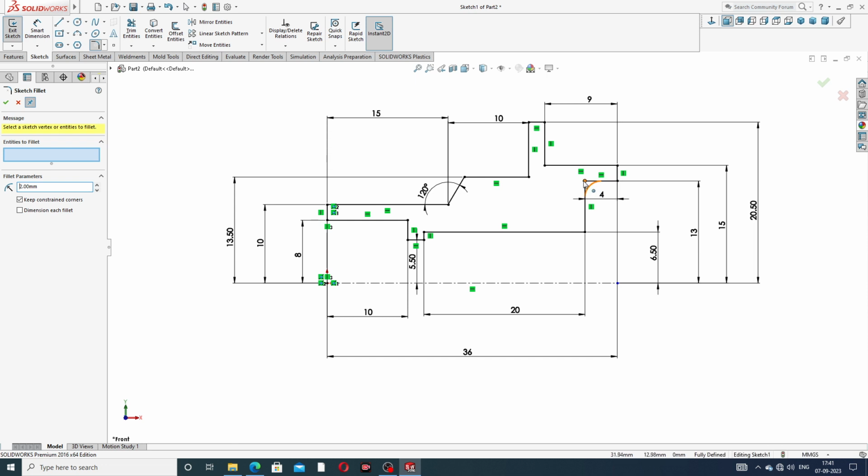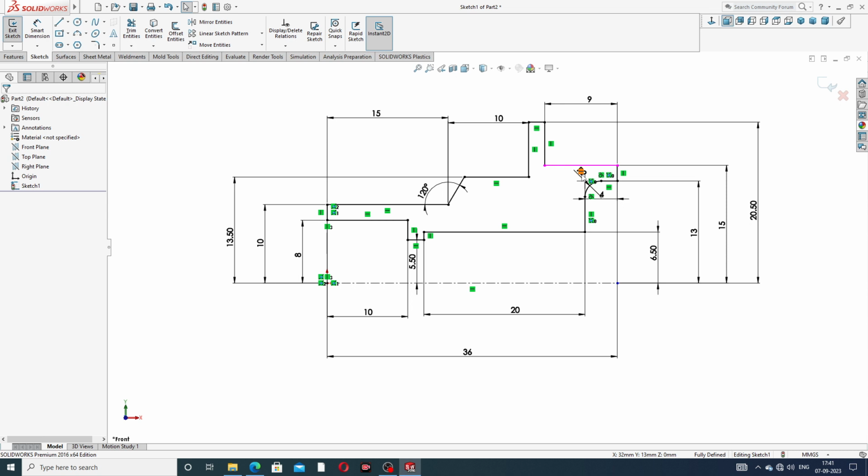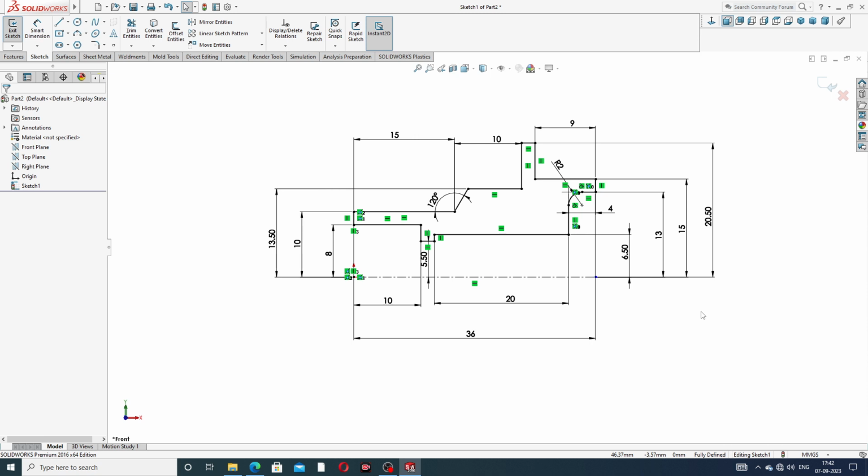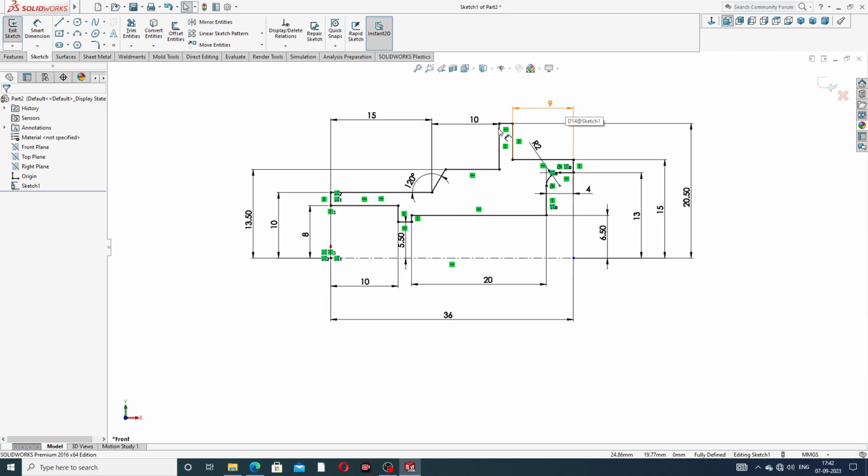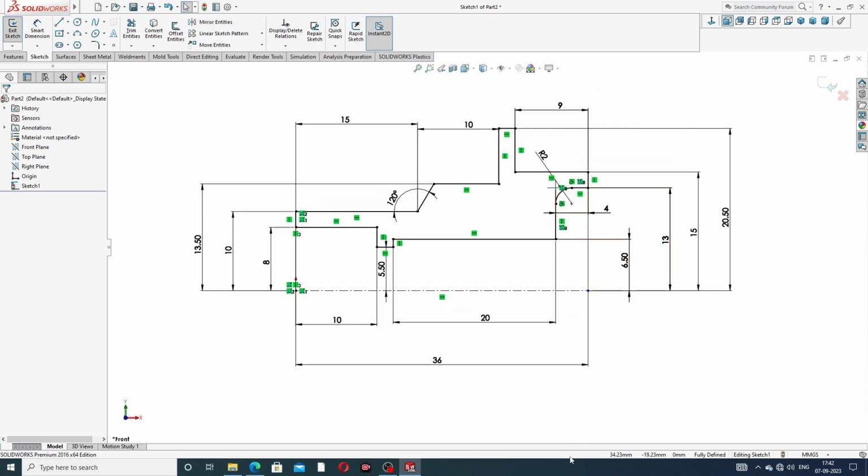And select this and click OK. Okay, and this 2 millimeter is perfect, and this is 4 millimeter. Okay, all is looking perfect here, and all dimensions are perfect and correct. Okay guys, all geometry is looking perfect and correct. Then use the feature and